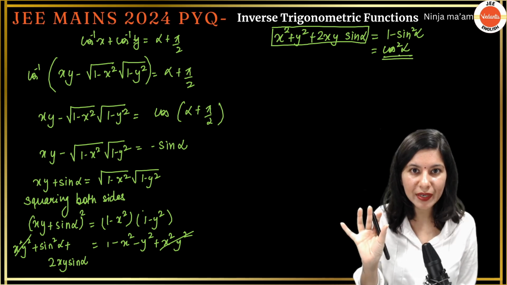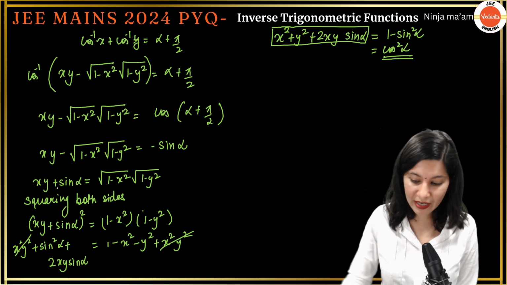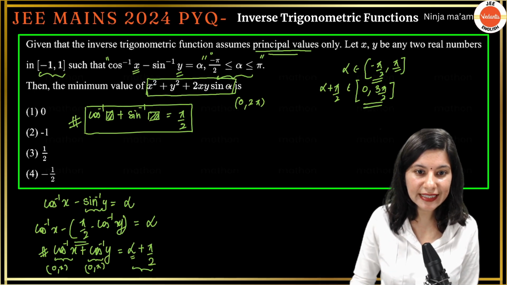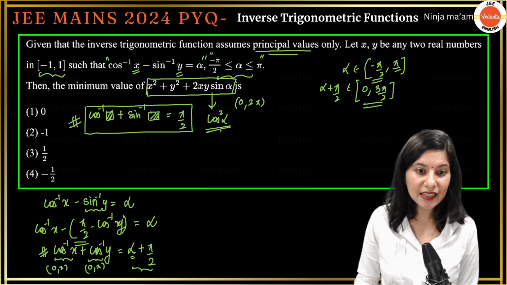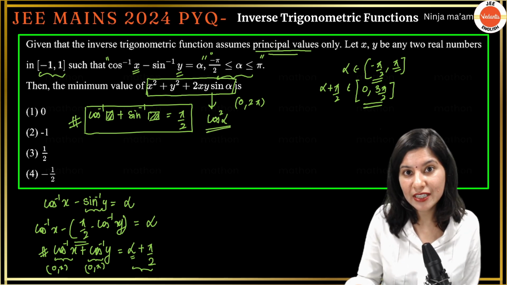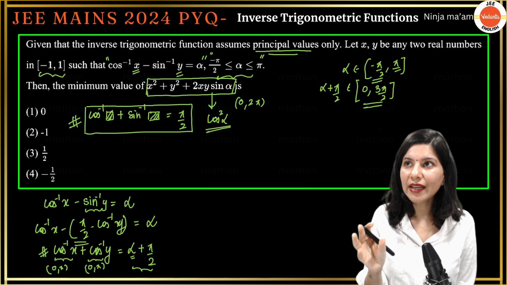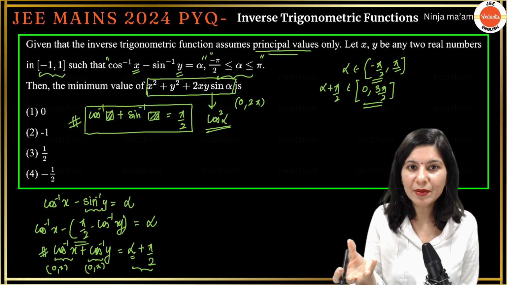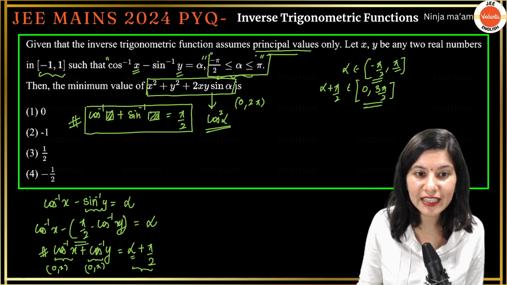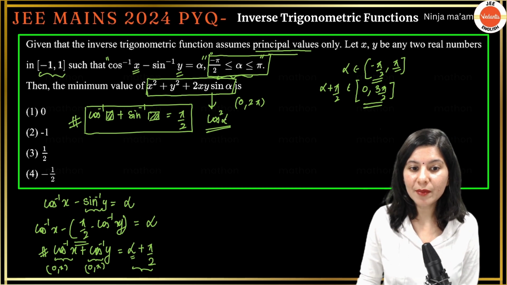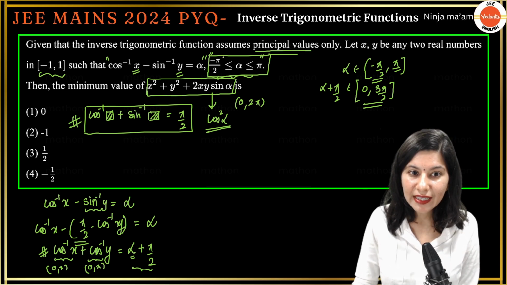The expression value is cos square alpha, and we are looking for the minimum value, right? So if this expression becomes cos square alpha, then we need to look for the minimum value of cos square alpha. Overall, for any squared quantity, the minimum value is 0, but they are actually giving the range of alpha. If alpha becomes pi by 2, then it will become 0,